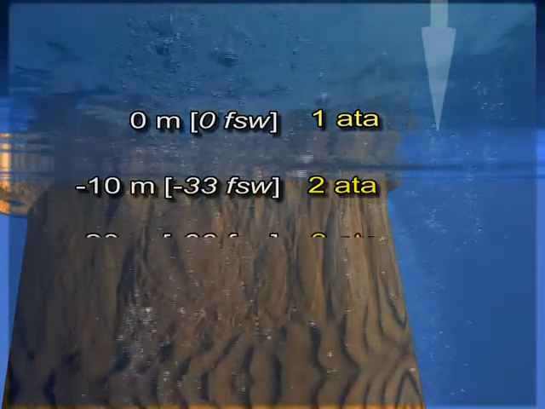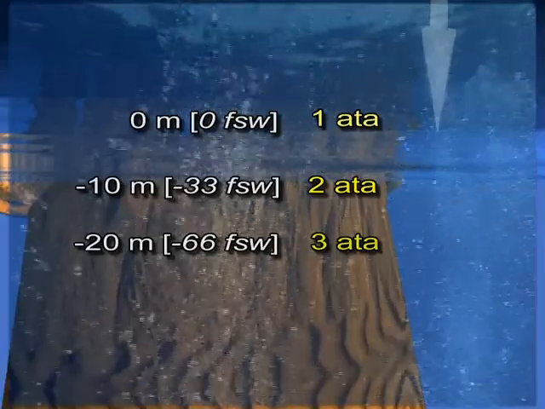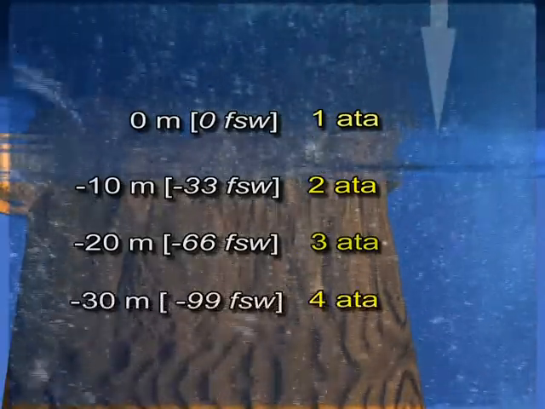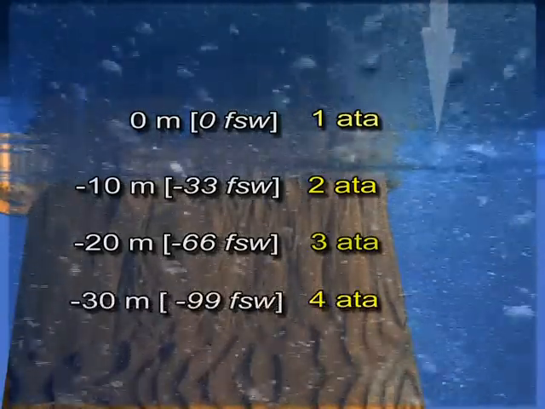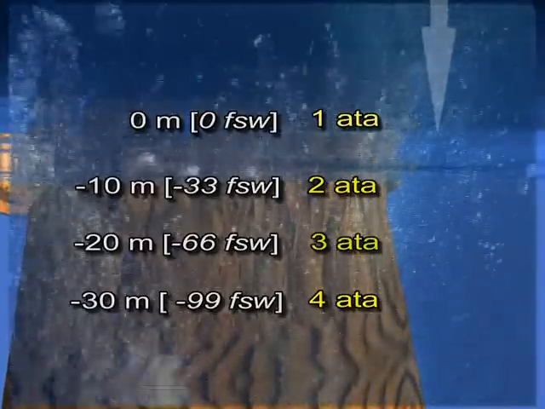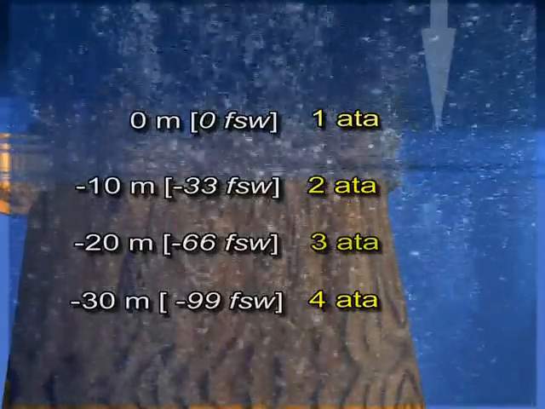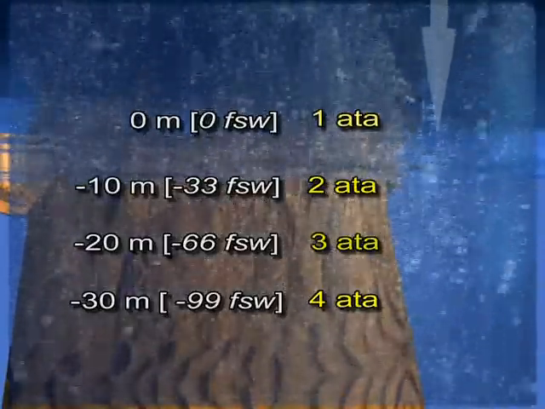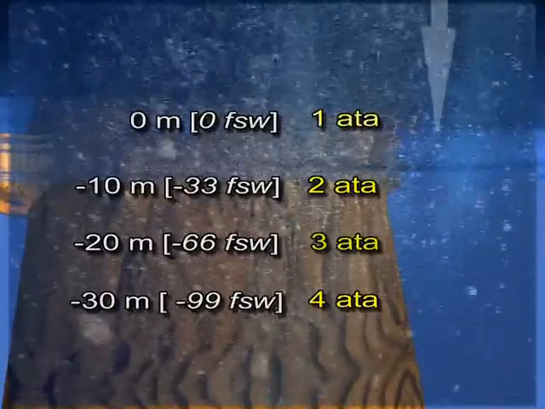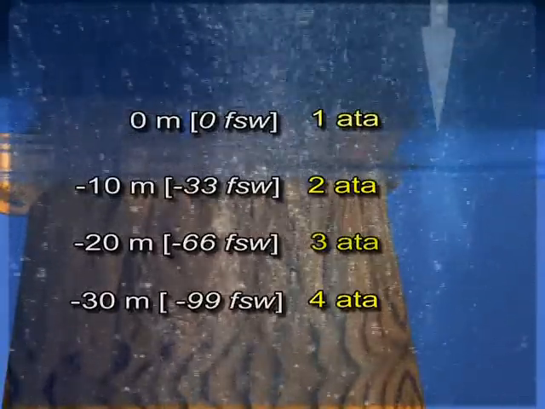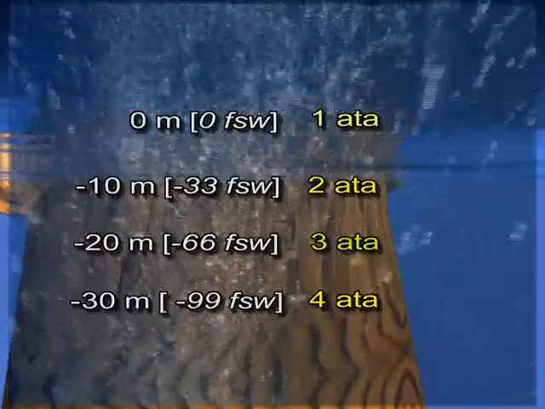It's therefore easy to understand that on the surface we have a pressure of 1 ATA. We use the final A to indicate that it is absolute, while as we go deeper, the pressure gradually increases. At 10 meters, it is already 2 ATA, and at 20 meters, it is 3 ATA. It is not easy for us to notice these variations, but if we took a balloon filled with gas with us under the water, we would immediately notice that as we descend, its volume becomes smaller.